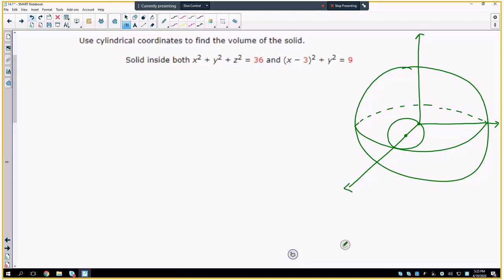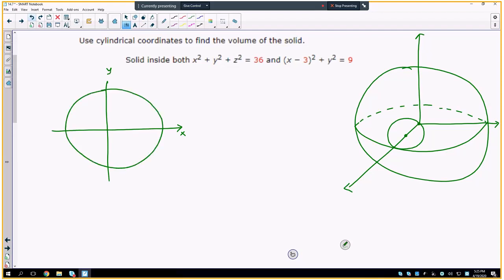So what we have understood so far is that in order to understand the limits of the integration, it is going to be easier if we take the projection of this figure on the xy plane. So let's think about the xy plane, your y-axis and your x-axis. First, you have this bigger circular projection of the sphere, which is x squared plus y squared equal to 36 when z is equal to 0. And then you have the circle (x minus 3) whole squared plus y squared equal to 9, which is centered at (3, 0). And this is going to help us understand the limits for x, y and z,